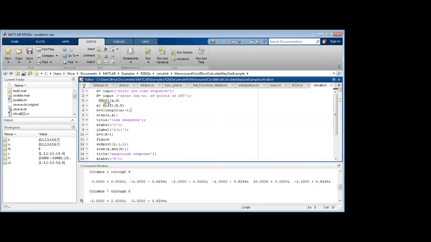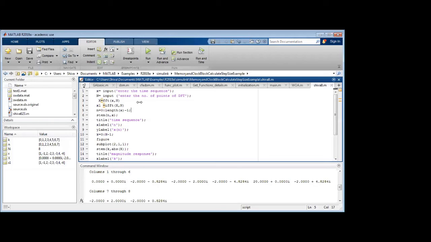How can we do it for finding the DFT? It is one simple keyword, that is FFT of x comma N. And to find the inverse discrete Fourier transform, we use one more MATLAB function, that is IFFT, where I represents the inverse, so inverse fast Fourier transform. For that, whatever answer we got, I represent it as capital X, with the N-point DFT, which has been given by the programmer.